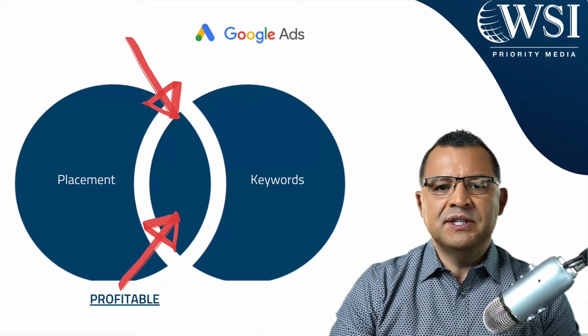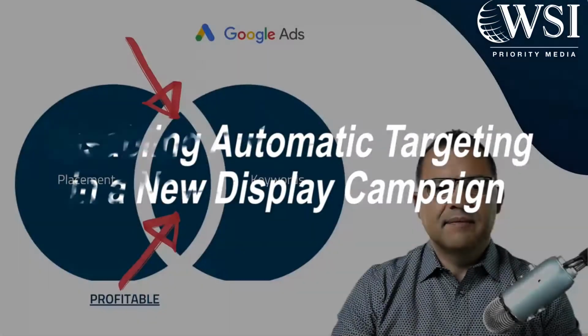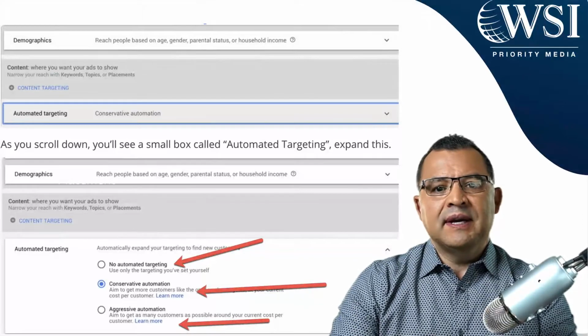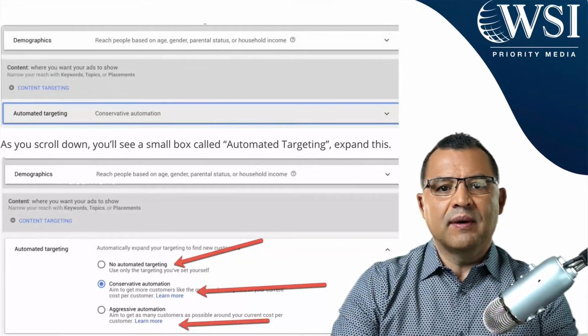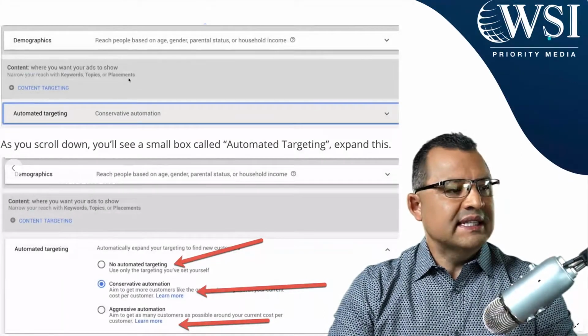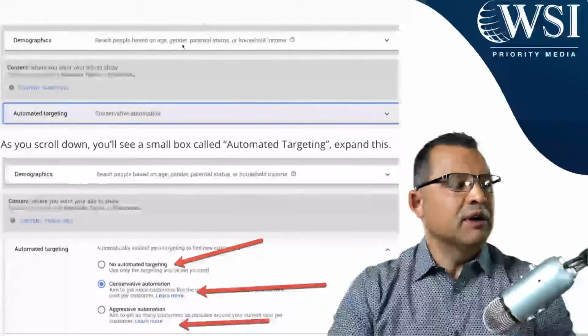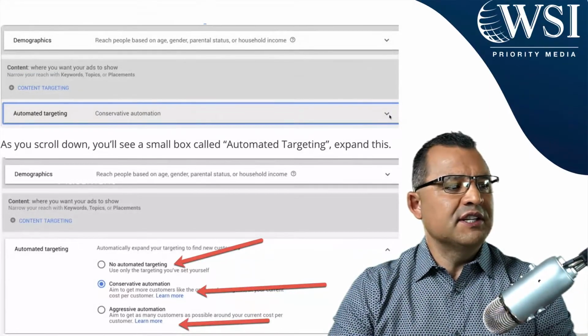So if you want to control your targeting, then the next question now is, how do I disable this automated targeting in Google Ads? And so let me walk you through how you can disable the automated targeting settings, or you can adjust them to be more aggressive when you're creating a display campaign. So in your setup, as you know, you go through your demographics and then you have your automated targeting. You'll click on this drop down.